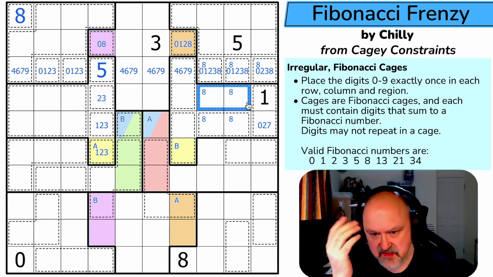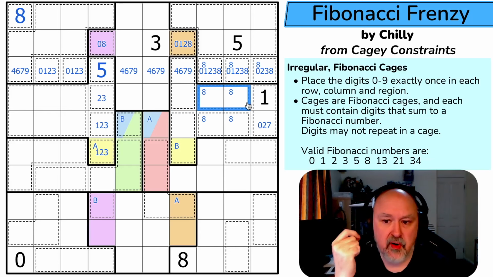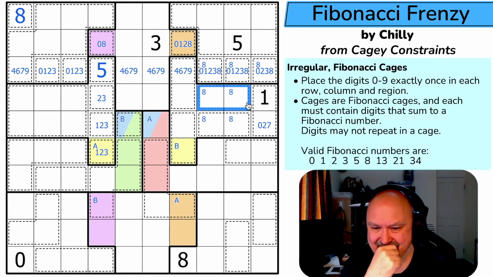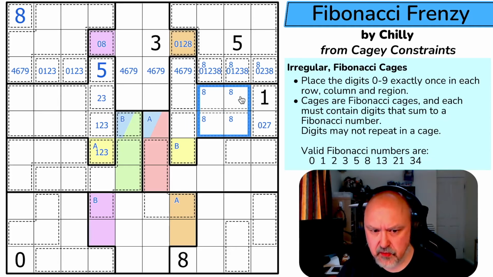Okay, so what about 8? 8 can't go, oh, 8 could go with 0. So 8 either goes with 0 or 8 goes with 5. So in here, I'm either putting 8, 0 or 8, 5. Well, if it's 8, 5, 5 goes here and 8 goes here. If I do 8, 0,